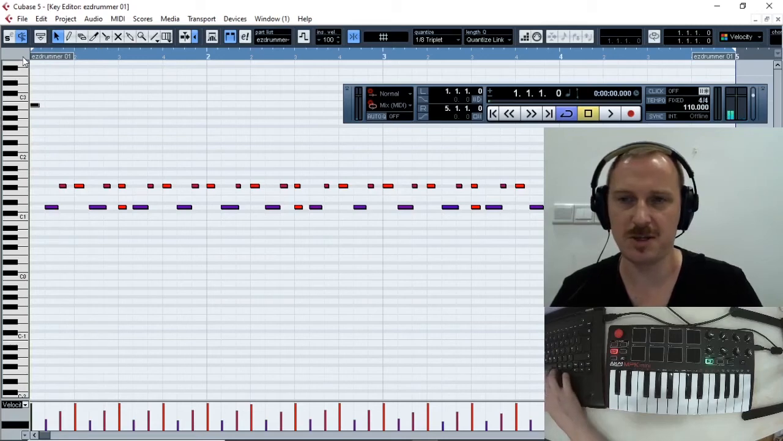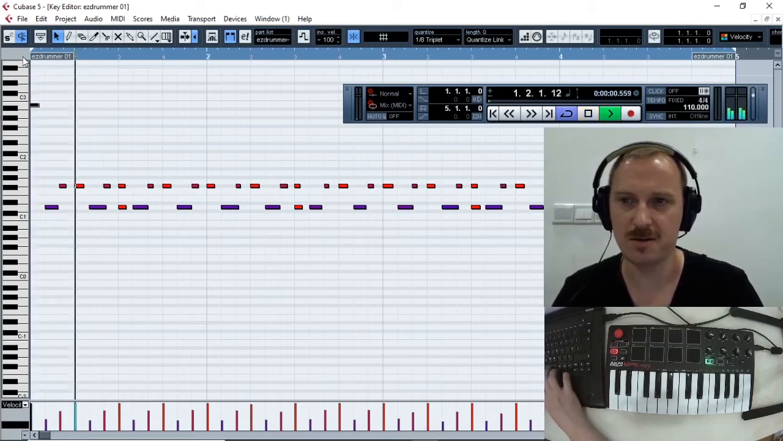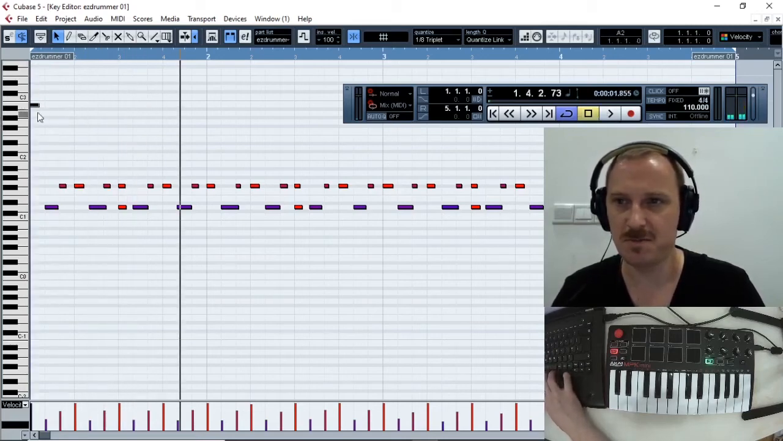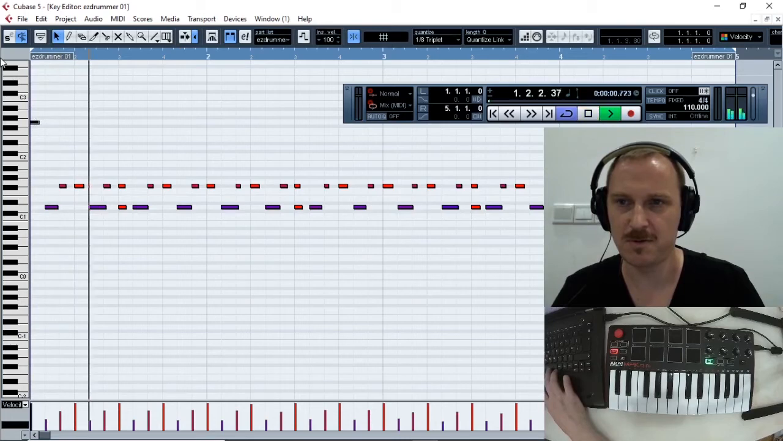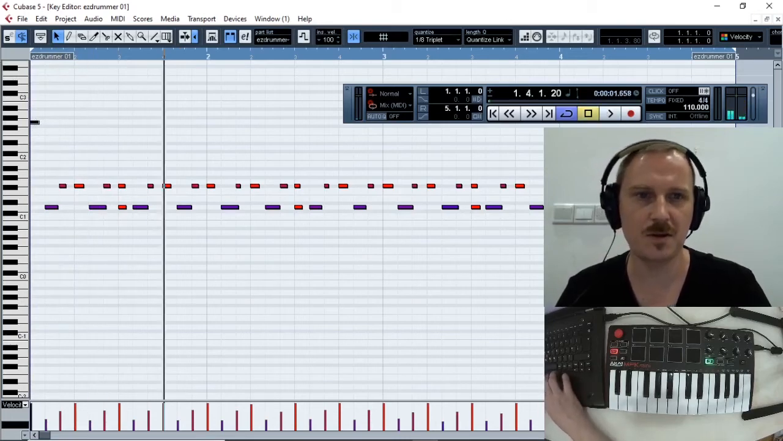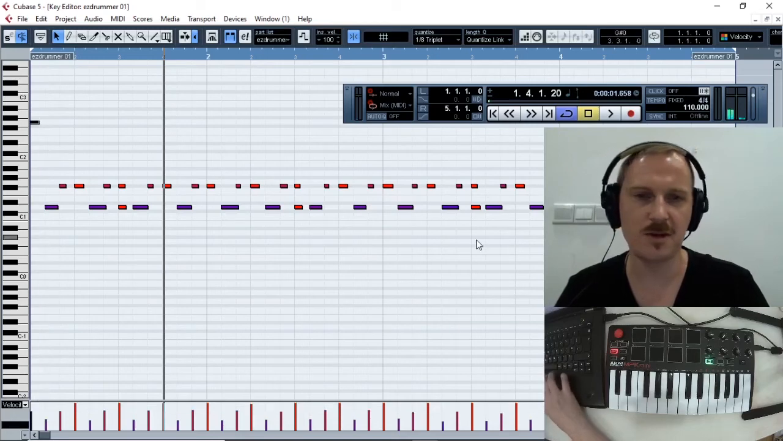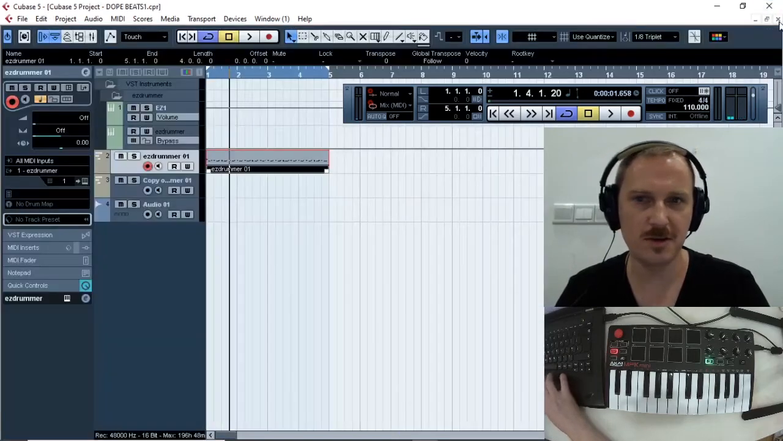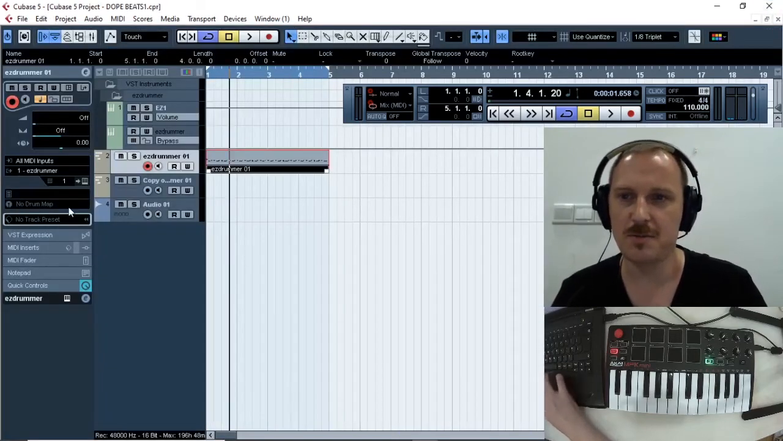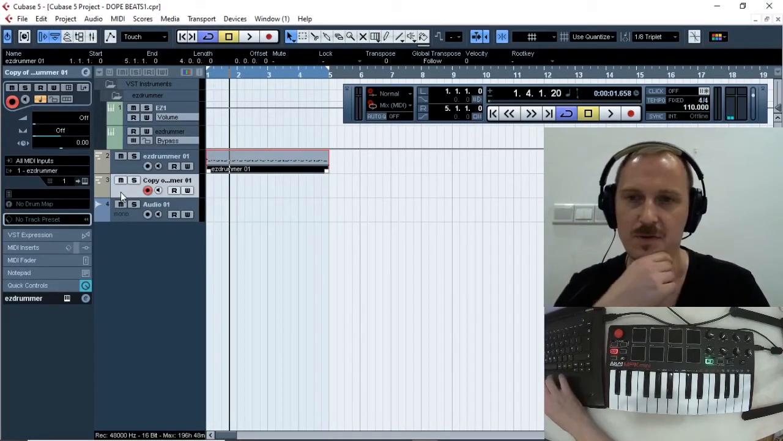That might actually be a crash ride kind of thing. Not much of a crash. Let's have that one. Okay, maybe adjust that velocity down a touch as well. It's pretty harsh. But now, what I'm going to do is keep the kick on a separate